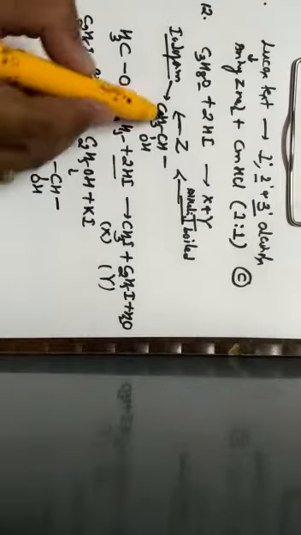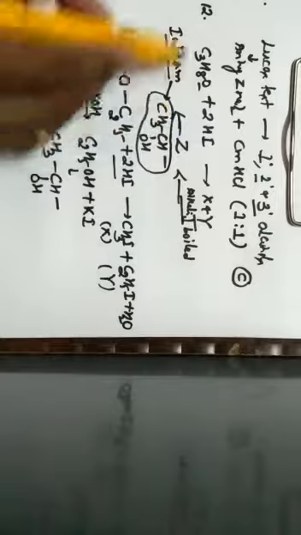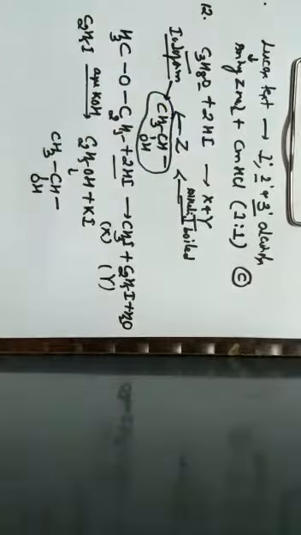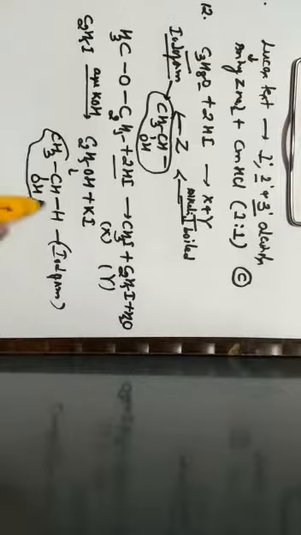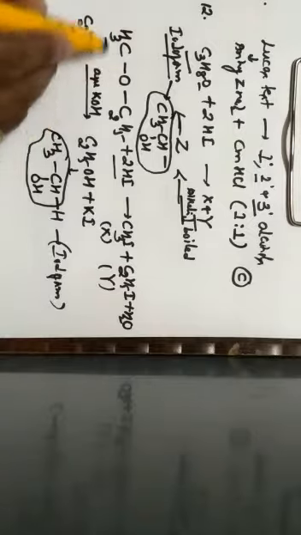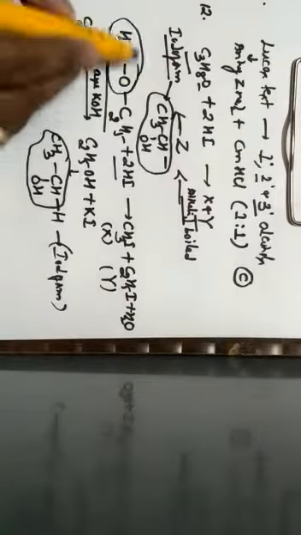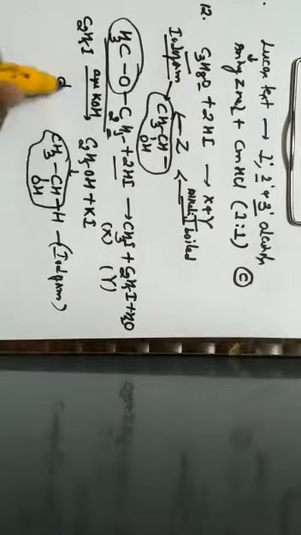This can be written as CH3CH2OH. See here, if it has a group of CH3CHOH, it can show which test? Iodoform test. Hence, this CH3CHOH, balance the equation. You can write it with another H so that this can show which test? It can show iodoform test because it has a group of CH3CHOH. Hence, the correct answer for the given question is what? Methoxyethane, because this is nothing but a methoxy group which is followed by ethane. Hence the correct option for this question is option D.